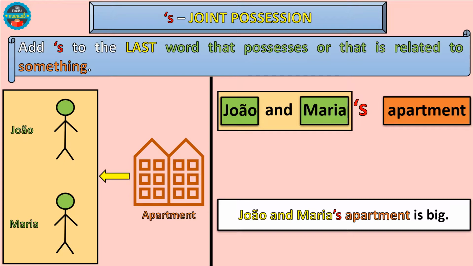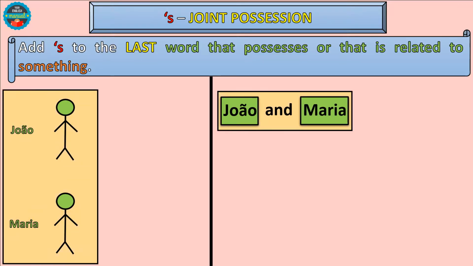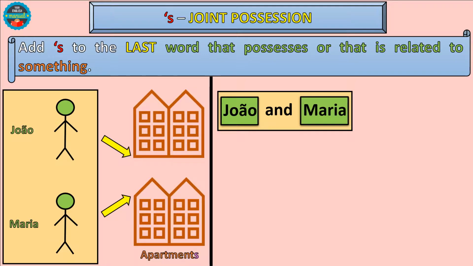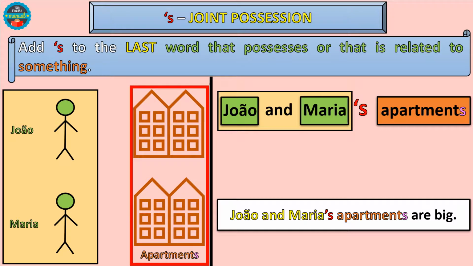However, when we have more than one object, it may be confusing if we use the apostrophe s wrong. For example, what if João and Maria together had more than one apartment? The sentence would be, João and Maria's apartments are big, meaning João and Maria have more than one apartment together, and these apartments are big. Since it is joint possession, we put the apostrophe s only in the last name, which is Maria in this case. But if we say